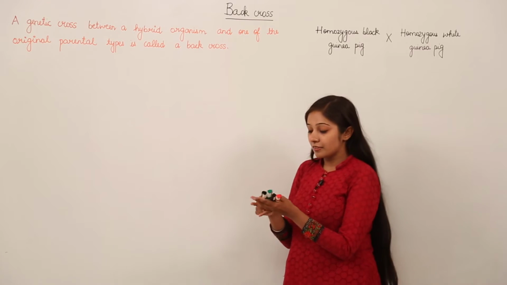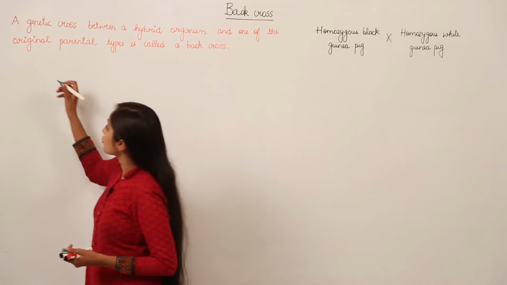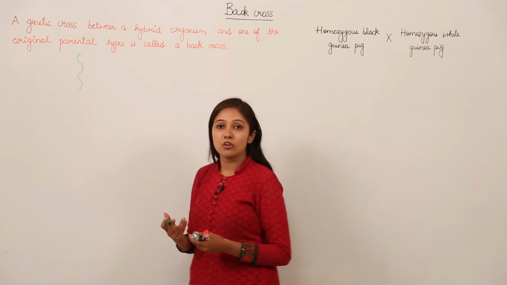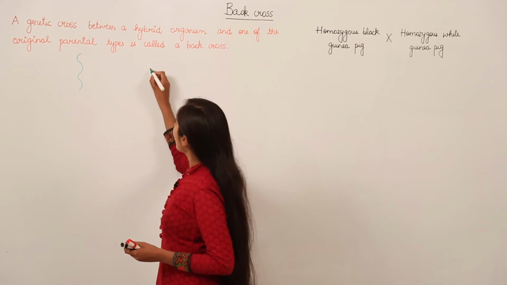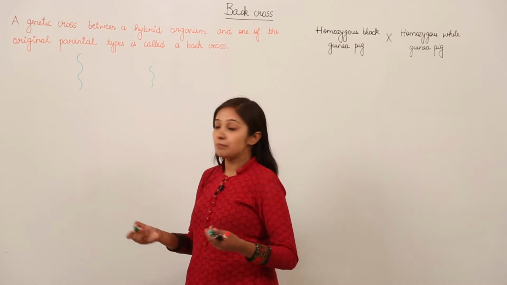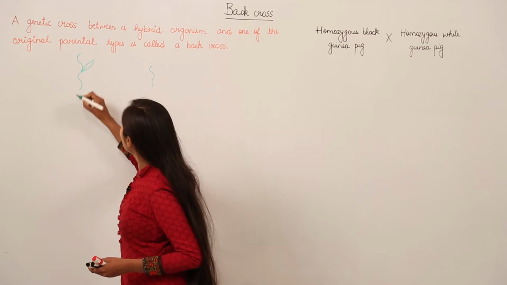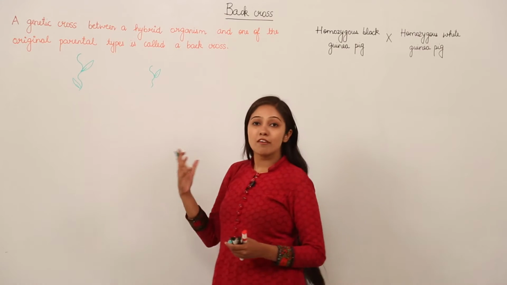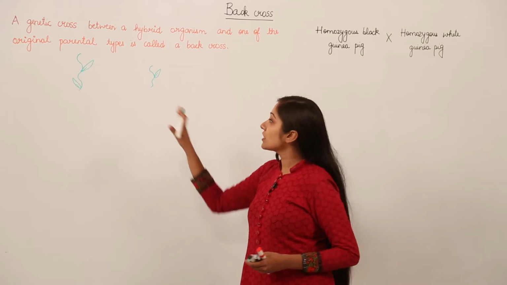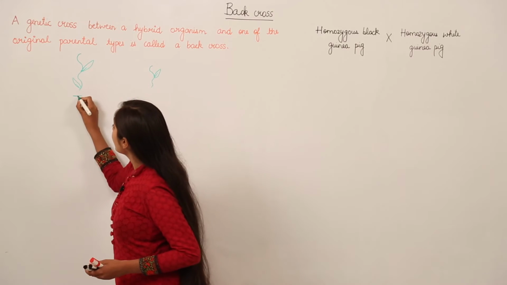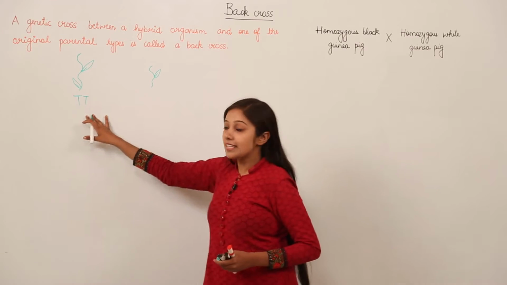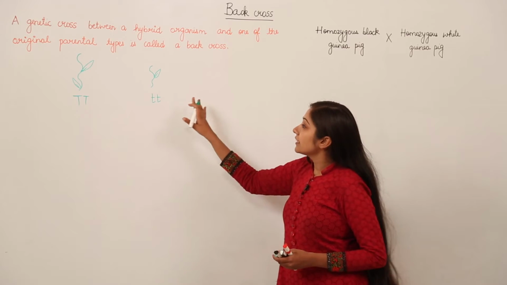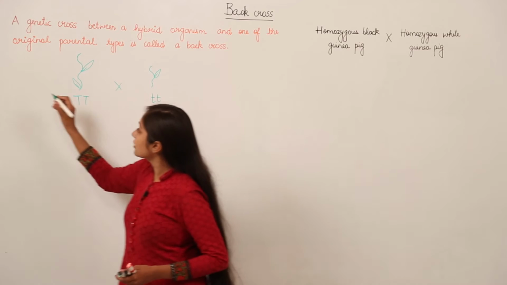Okay, let us do it with the help of an example in case of pea plants. For example, in the monohybrid cross, we have a pure tall pea plant and a pure dwarf pea plant. So what are going to be the genotypes in both the cases? You can make out, we'll have both uppercase letter T here and both lowercase letter t here. These are the parents.